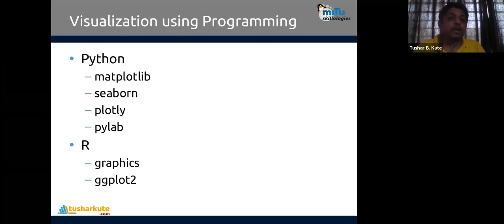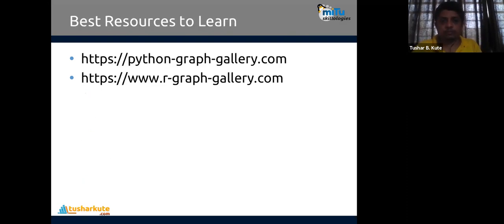Just like NumPy, as I told, is a base library for all machine learning packages, and Pandas also is a base for all the machine learning packages. Likewise, Matplotlib is the base for all the data visualization libraries in Python. And if you talk about the R programming language, for R the graphics default library can be used, and ggplot2 is one of the great extension libraries, the largest visualization library in the world. That also we can use to visualize it.